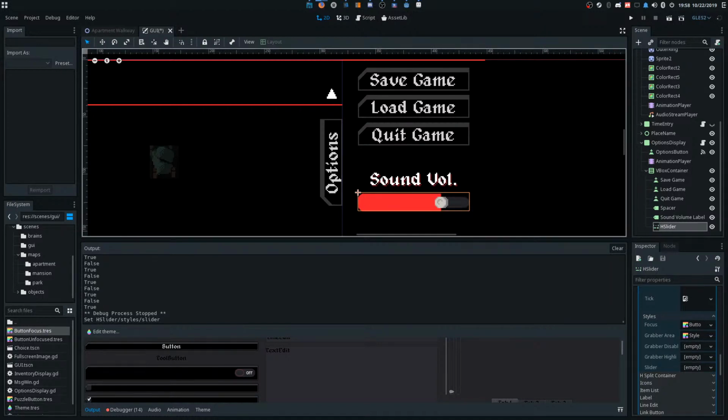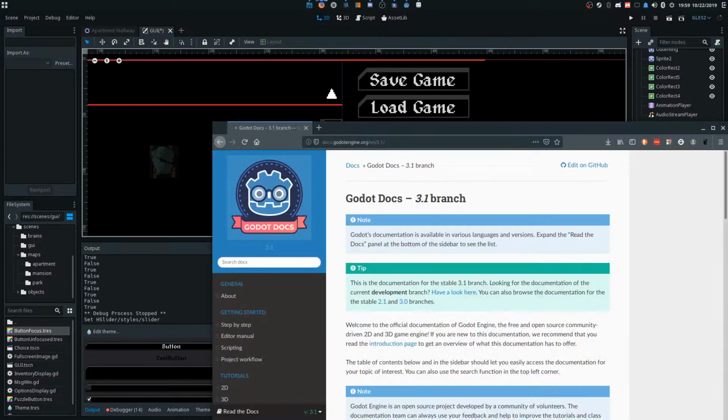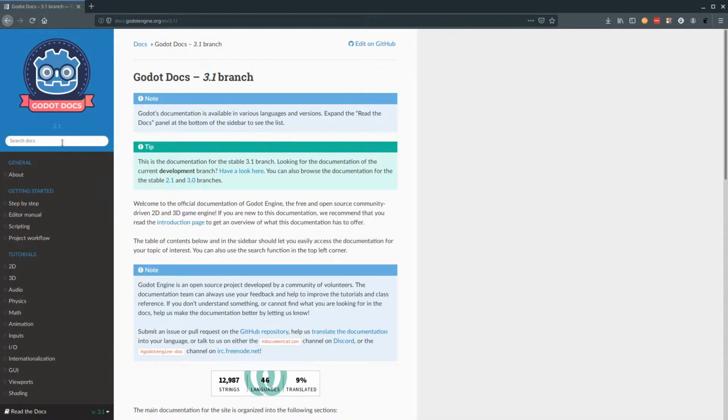Let me see. Maybe GDScript. Maybe Godot has something to say about this, the documentation. There we go. Okay. Let's see here.